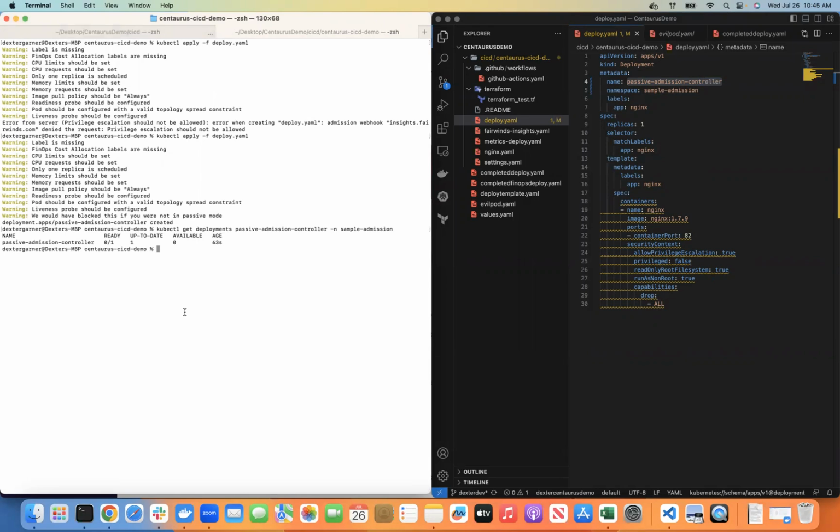Again, if you guys do have questions, a lot of the impetus behind running the admission controller as passive mode is you can still blanket the same policy across all your clusters. However, maybe it's a development cluster. You want developers to still get that feedback, but you don't want to slow them down with their deployments. Or there's always a learning curve with utilizing any new technology. So we do have kind of a maturity or adoption curve where you can still see those warnings that would take effect when the admission controller is enabled. However, you don't want to slow down that deployment process. So a number of reasons why